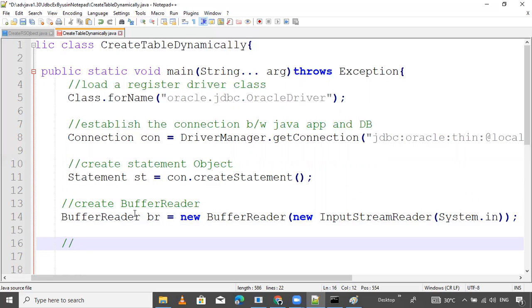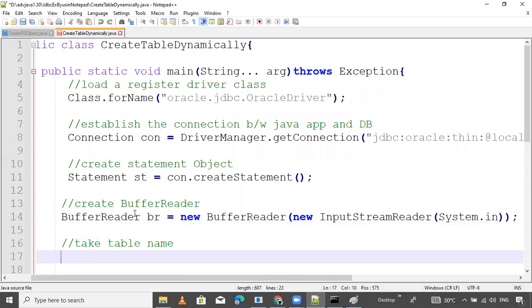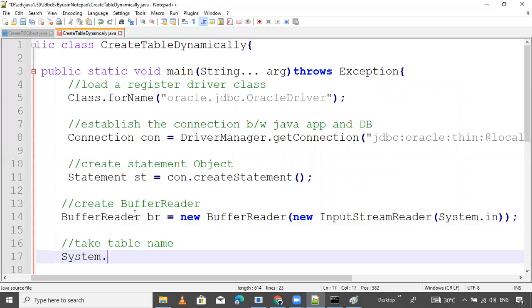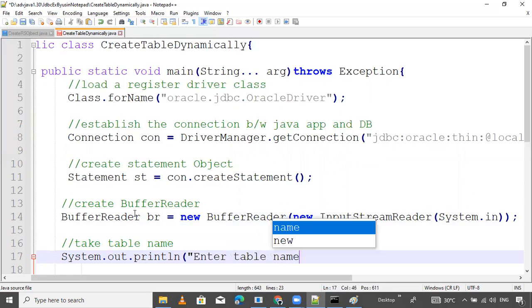Give a hint to the user: hey user, enter the table name. So now take the table name. For user interaction purposes, we print one statement, println, "enter table name".